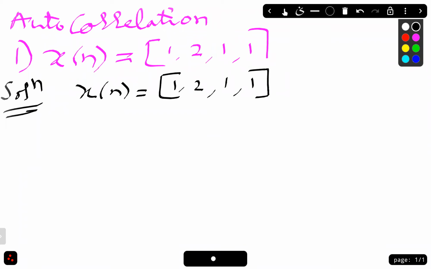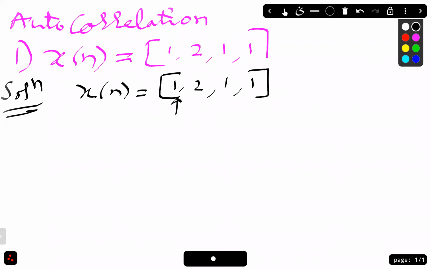If arrow is not mentioned here, then what does it indicate? So where is the starting point? From 1. If arrow is not there, then by default the 0 will be from the starting one. If somewhere an arrow is mentioned, then you need to understand that that is the starting point, the zeroth location. So here, if the arrow is not given, by default we will take the zeroth location at this point. Okay.